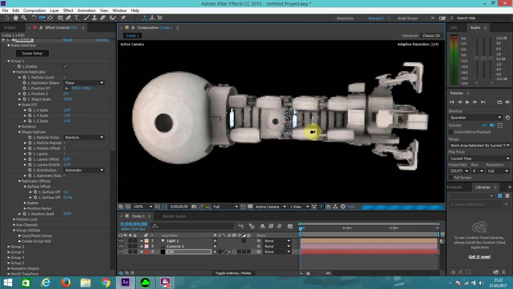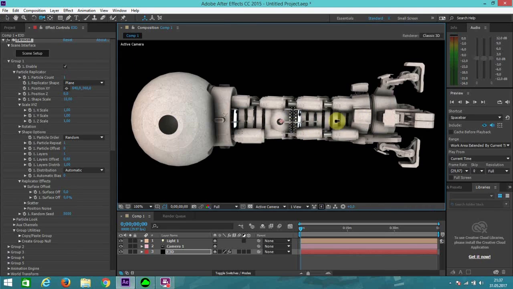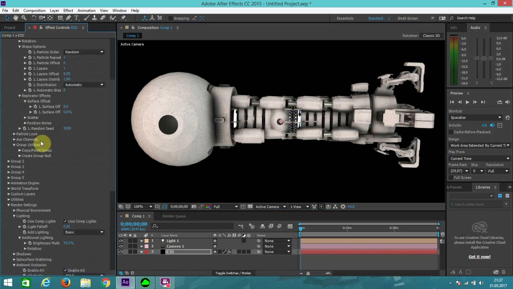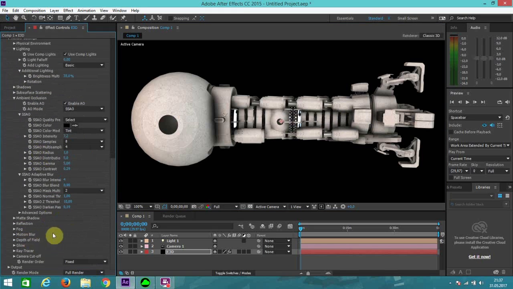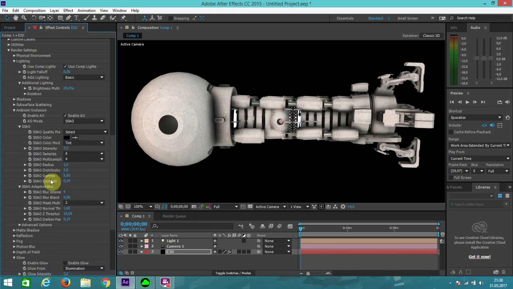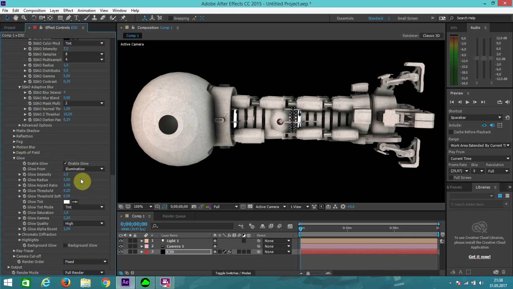So you break up the gray pieces and parts, just add a little bit more color. And now, if you like, color correct it, add glow. Glow is in the lighting render settings as well. If you enable the glow and maybe tone it down, like so,